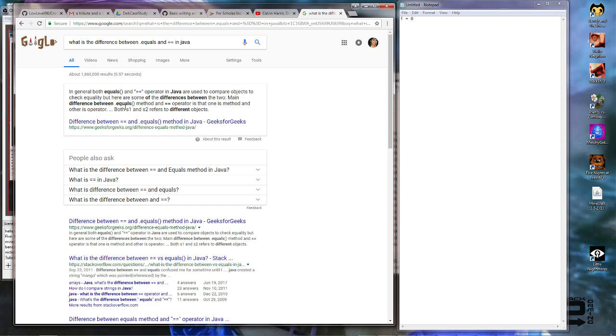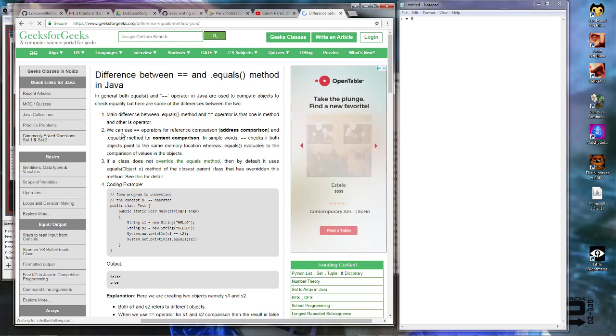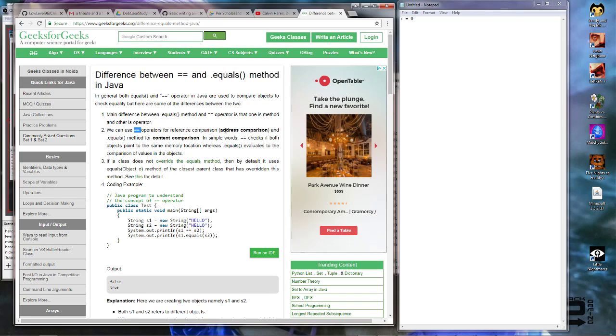The main difference between the .equals method and the equal operator is that one is a method and the other is an operator. This is a method which comes from a class, and this is an actual hard-coded operator. We can use the operator to reference comparisons, and .equals is a method for content